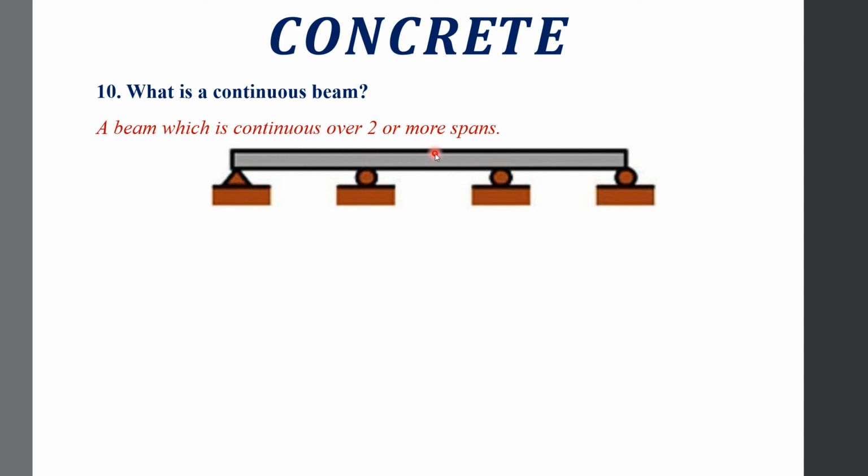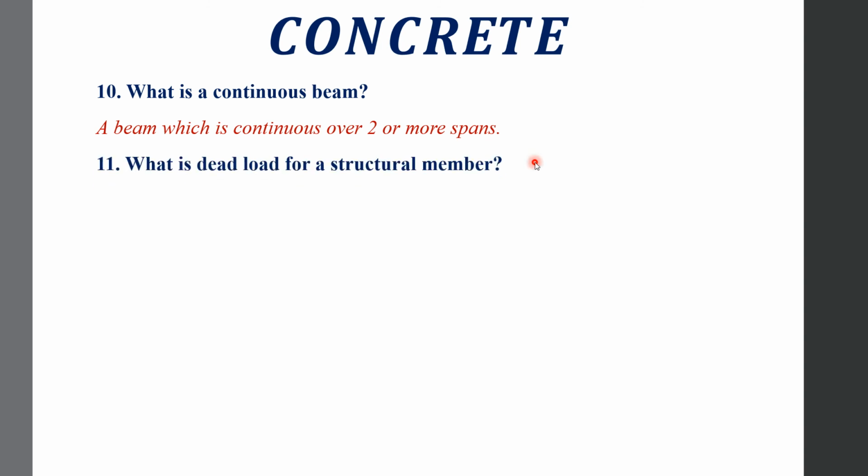Or simply, if it was going to be like till here, then this would have also been a continuous beam. It has three continuous spans, so it is still a continuous beam. So point number 11 is